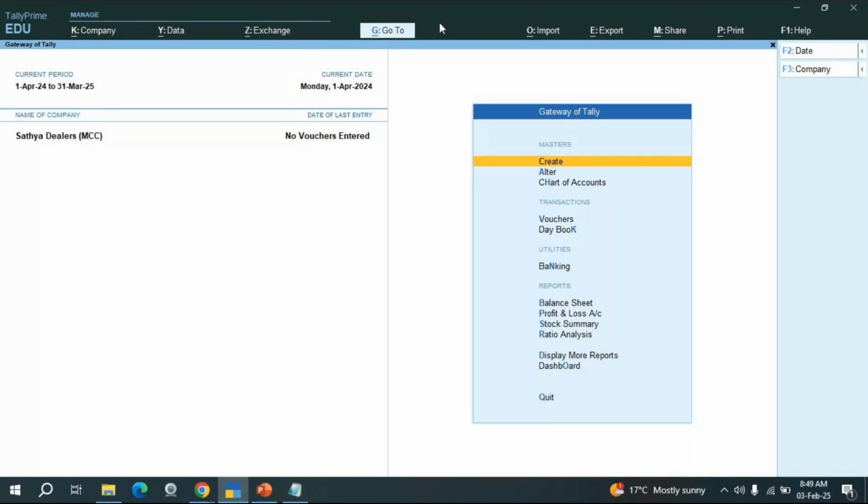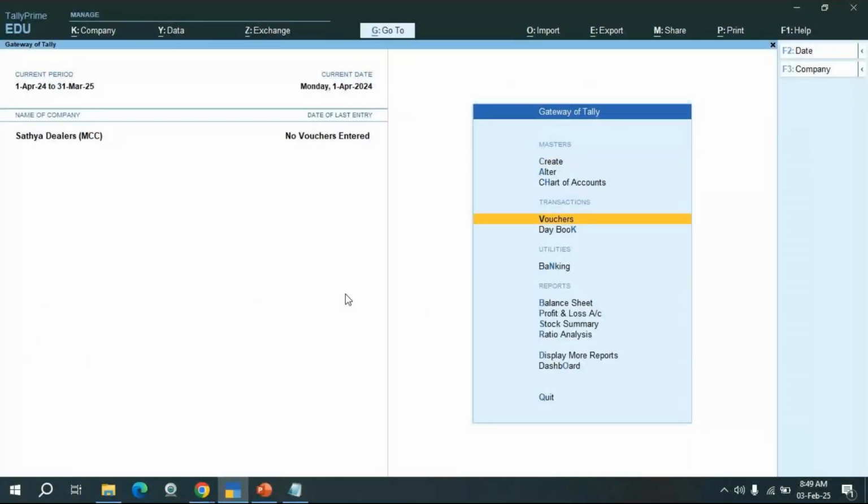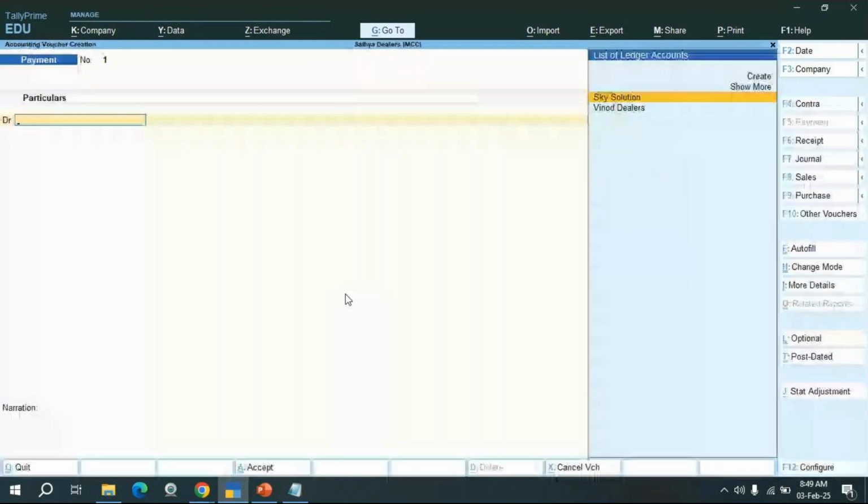For example, if I want to give the purchase order, open Tally and go to the voucher option. In that, in the other voucher, here on the right side button, we have only contra, receipt, journal, sales, purchase, this kind of options. But we need